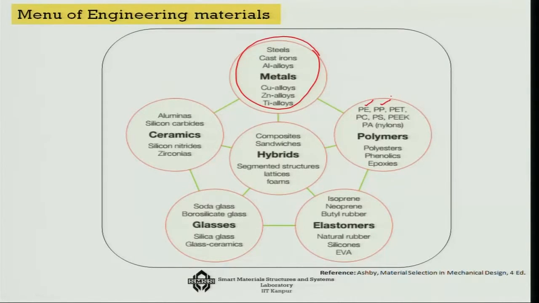Polypropylene is used for making various things which can resist a high temperature, like feeding bottles. PET and PEK, that is polyethylene terephthalate or polyethylene ether ketone, are used in the mineral water bottle context. And then polycarbonate is used once again for making high performance polymers, like transparent polymers. Polystyrene is used again for high performance polymers, and polyaniline is one of the polymers which is actually a conductive